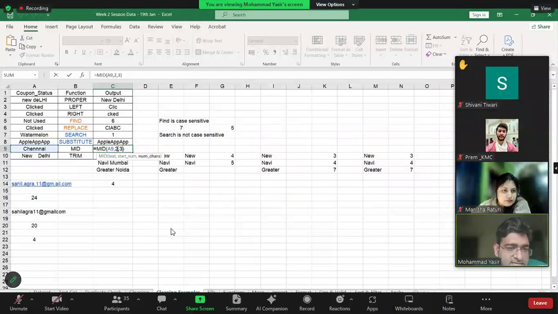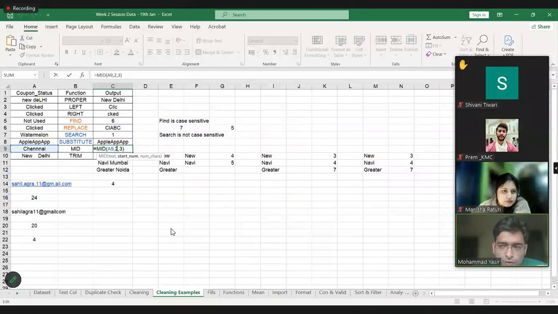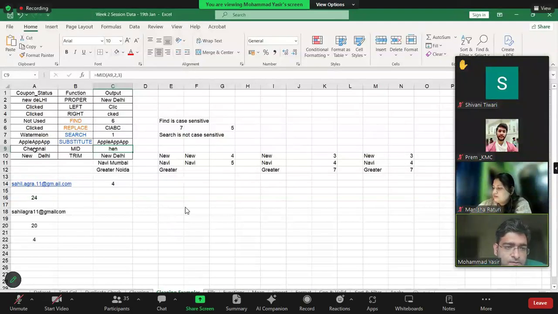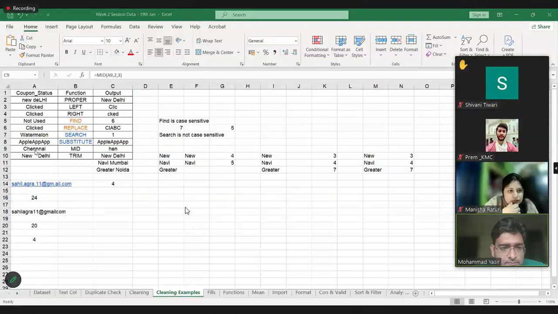So it says start from position number 2 and extract 3 characters. So it extracted HEN from here. Clear? Mid, from A9, start from position number 2, extract 3 characters.